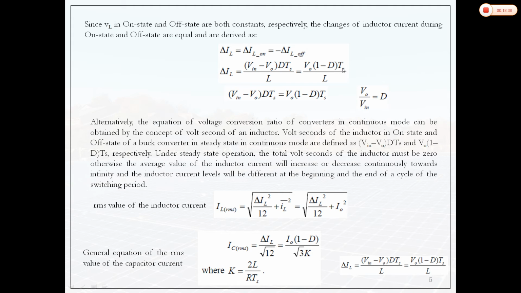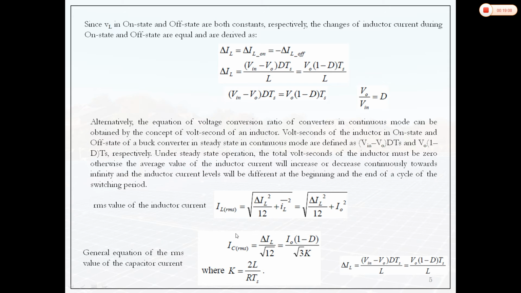TS is normally given in the form of switching frequency. So this expression we can write as V naught times 1 minus D upon Fs into L. You can see from this relationship that if the switching frequency is high, then delta IL will be low. That is, the ripple in the inductor current will be low. Also, if you have a higher value of inductance, then delta IL will be again low because these are appearing in the denominator.